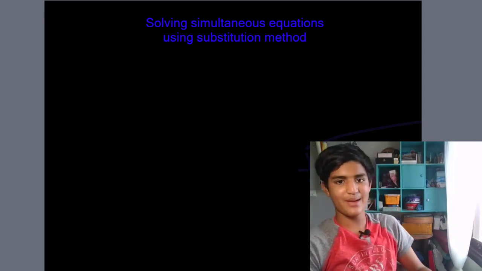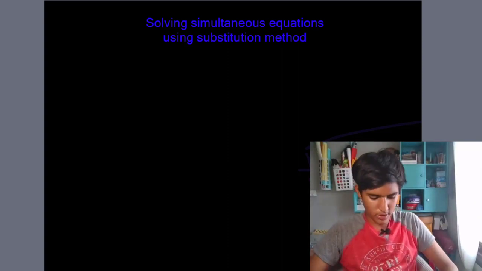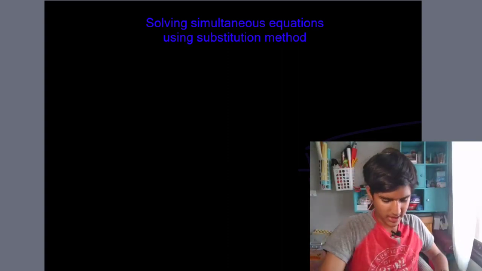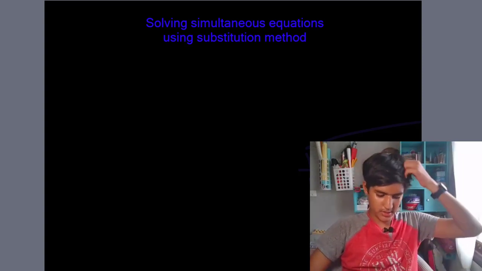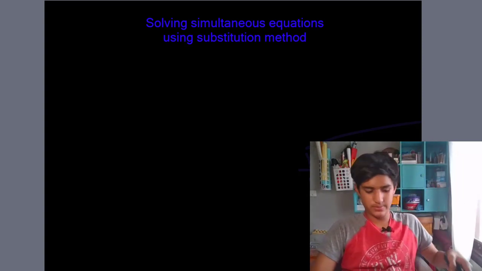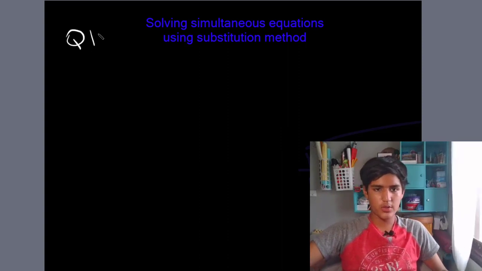Today I'll be solving another simultaneous equation using the substitution method. So let's get started. The book I am going to be picking the question from is the Cambridge IGCSE and O-Level Additional Maths course book. Question number 21, exercise 2.1. So let's get started. The question says,